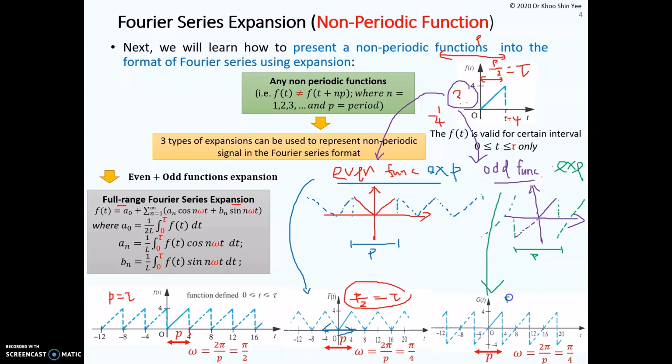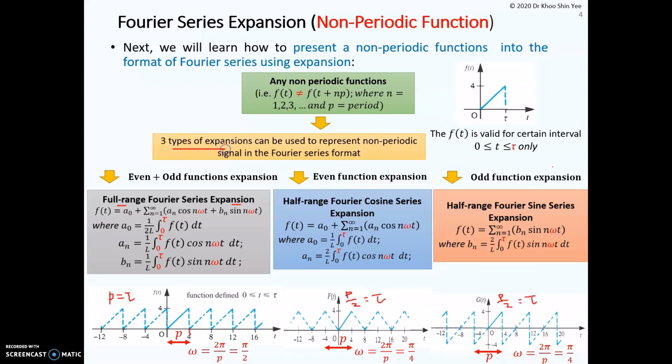Same, you have the half period p over 2 equal to the tau. So the period here is equal to 8. Then you can obtain the omega equal to 2 pi over p, which is pi over 4. So we have three types of expansion which can be used to represent the non-periodic function in the Fourier series format. First of all, you have the full range Fourier series expansion, where the function after expansion is not even